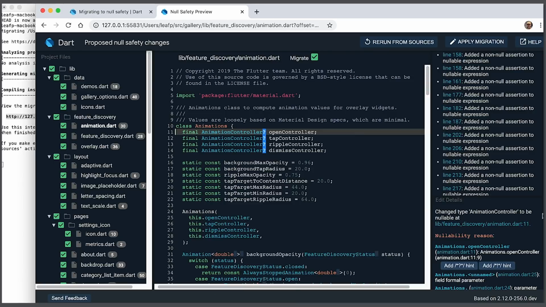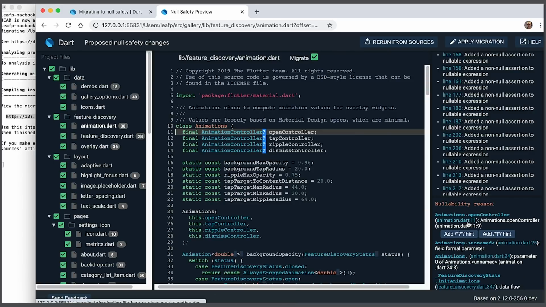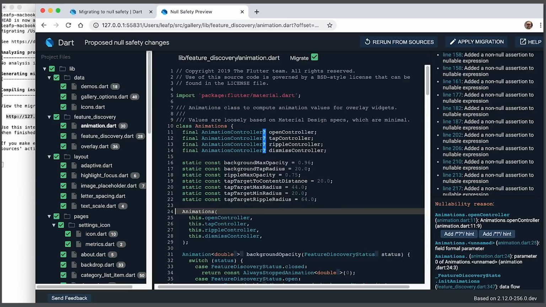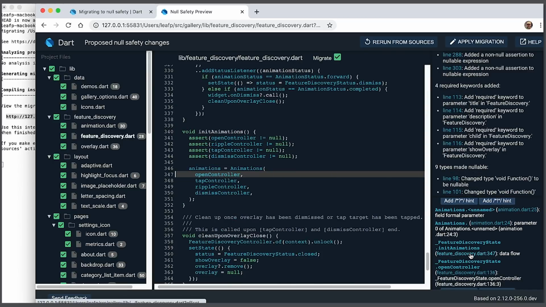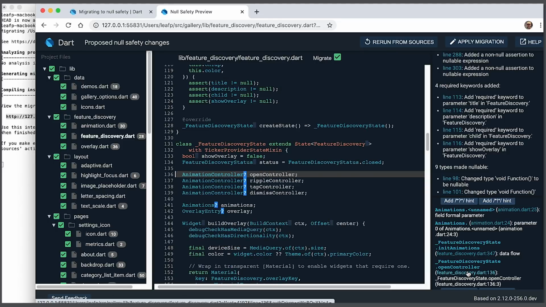If we go over here to this little pane, and we start clicking on the points in the file, well, the top of it is just pointing to the actual field. And then the second thing is saying, well, this field is set in the constructor as a field formal parameter. And this is the constructor that it is set in. Then if we walk back one level, we get to the call to the constructor that is causing it to believe that this should be nullable. Okay? So it's saying open controller is set by being a parameter to the animations constructor here in this other file. And if we walk back one step, we can see that it has decided that in this other state file, open controller is going to be a nullable parameter.